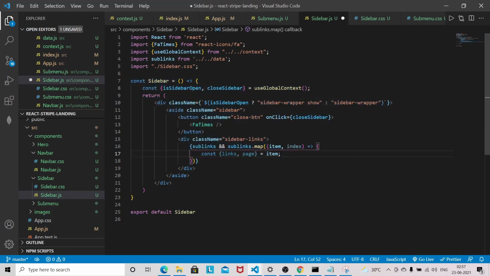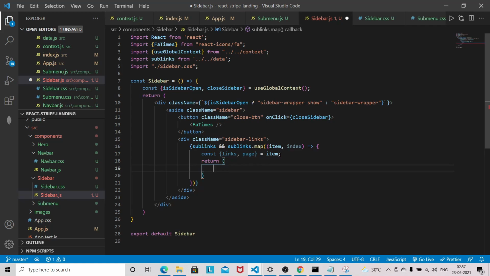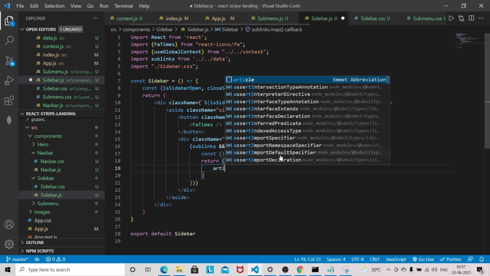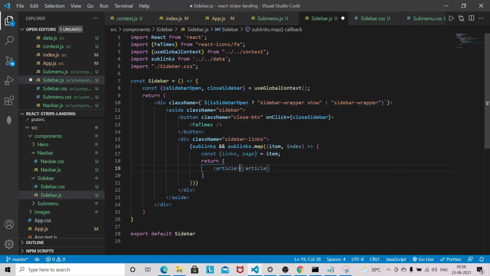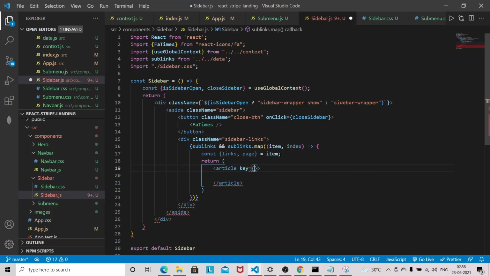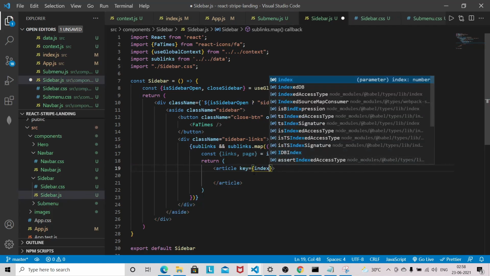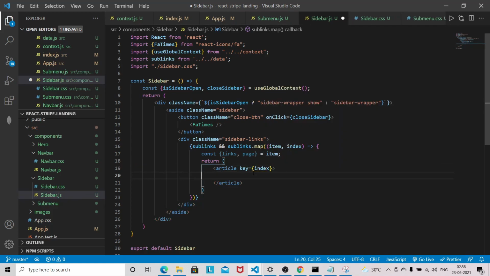Now we have to return. I'll be using an article tag here, and inside the article I will provide the key, which will be the index. Here I am going to use an h4 tag, and the page will be there.